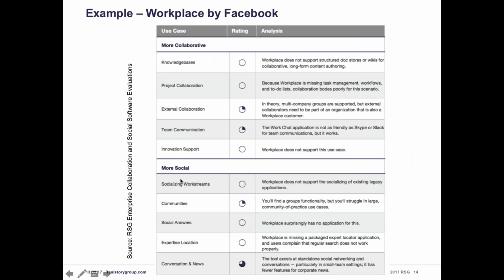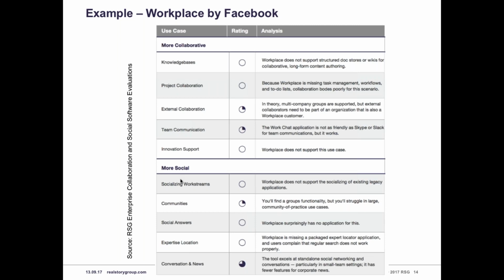So then what's also interesting about this, we can then turn and look at the marketplace that we just explored and say, okay, how good are these vendors at these particular applications? And by this, I don't mean necessarily good and bad, but to what extent are they really targeting them? And then when you look at this, it starts to get very interesting because you see right off the bat, for example, that Workplace by Facebook, and for that matter, Yammer, is really kind of a one-trick pony. It's really focused a lot on conversation and news. It's pretty good at conversation and news and getting better.